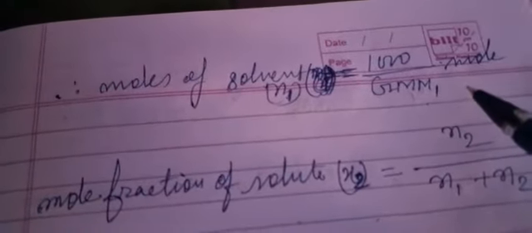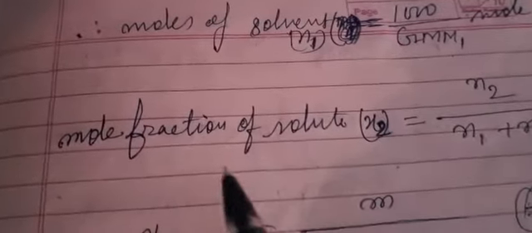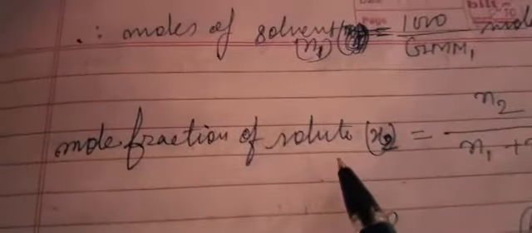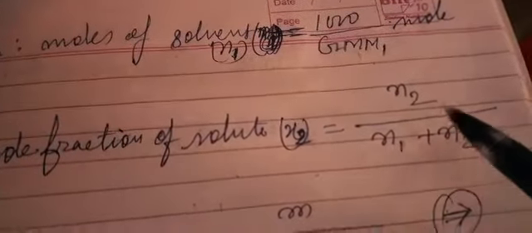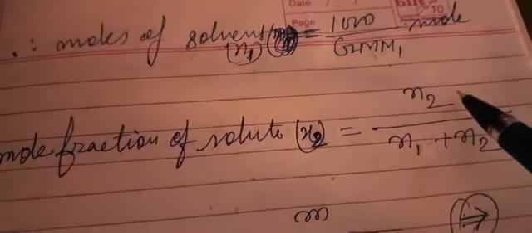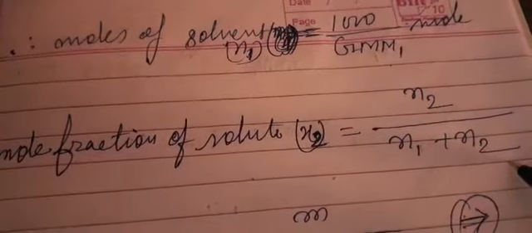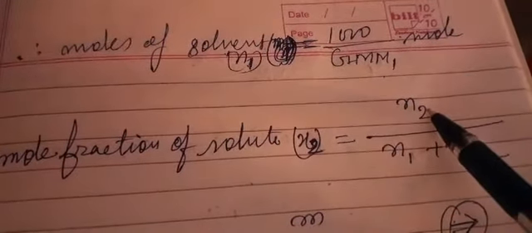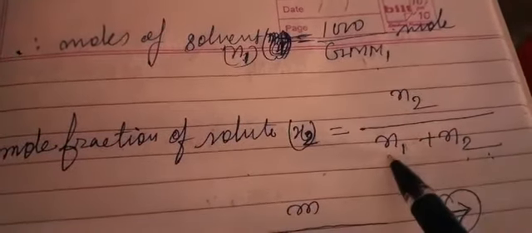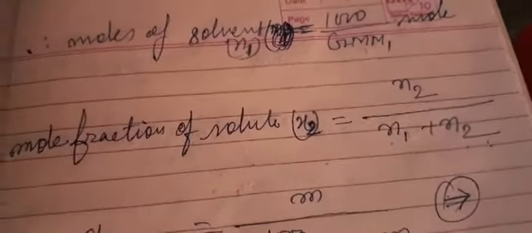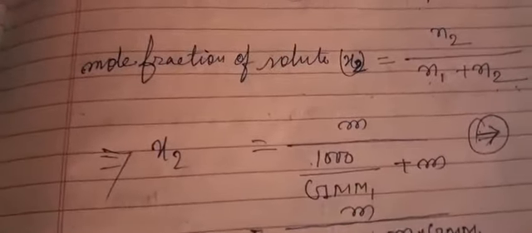Now we have got the number of moles of the solute as well as the solvent, so we can find out the mole fraction of solute as well as solvent. First I am finding the mole fraction of the solute. The formula, already taught to you, is X2 equals N2 by N1 plus N2. This is the number of moles of the solute to the total number of moles of the solution, solute as well as solvent both.